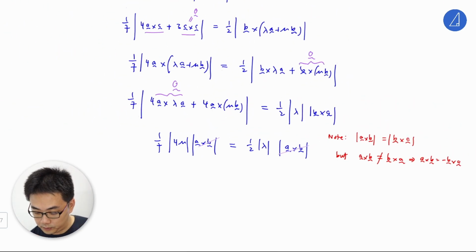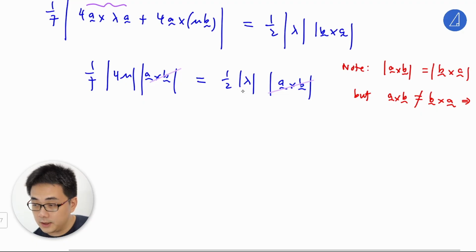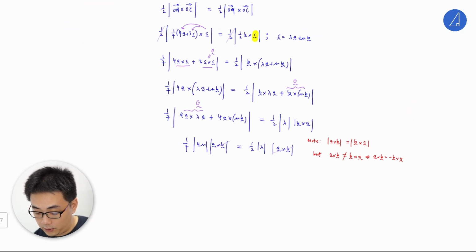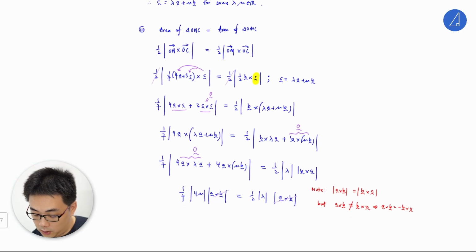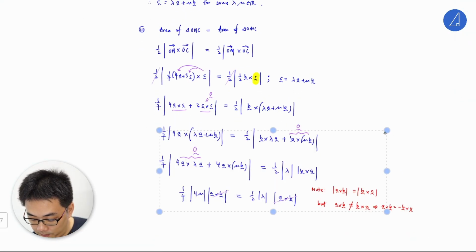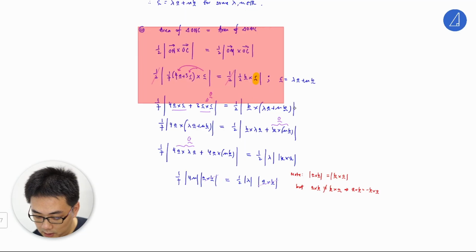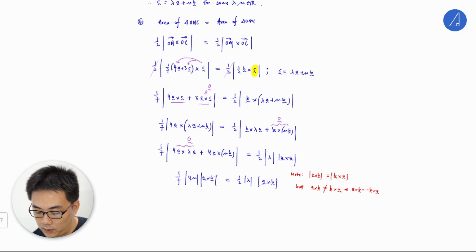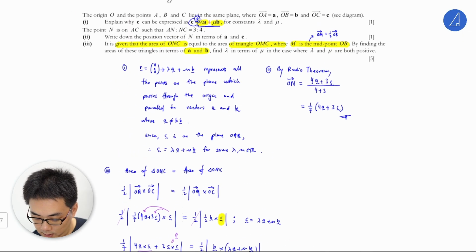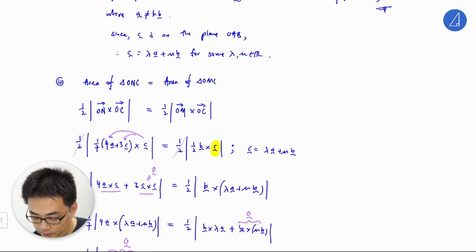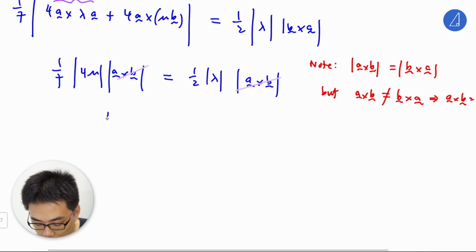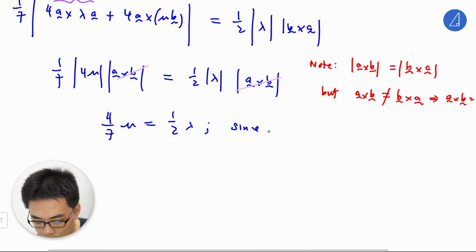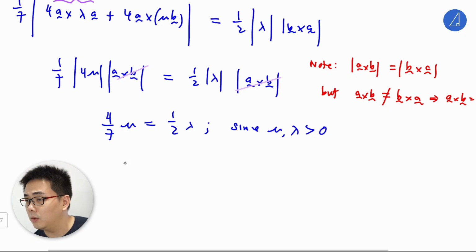Anyway, from here, you just need to make sure lambda and mu are positive. But they already told you that lambda and mu are positive, so you have to be careful about that. In this case you're not so worried, because it's given in the question that mu and lambda are both positive, so you don't need to worry. You can just bring it out. So am I right? What do we want? We want lambda in terms of